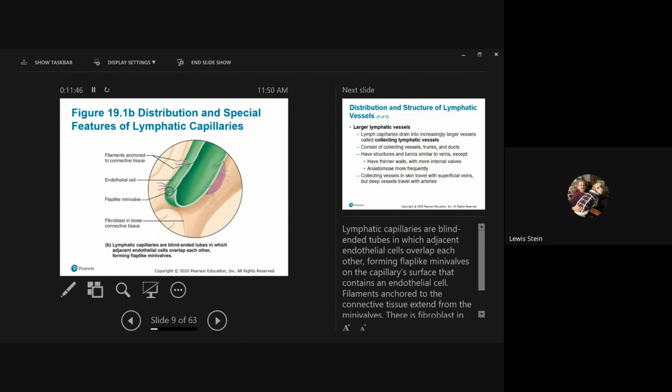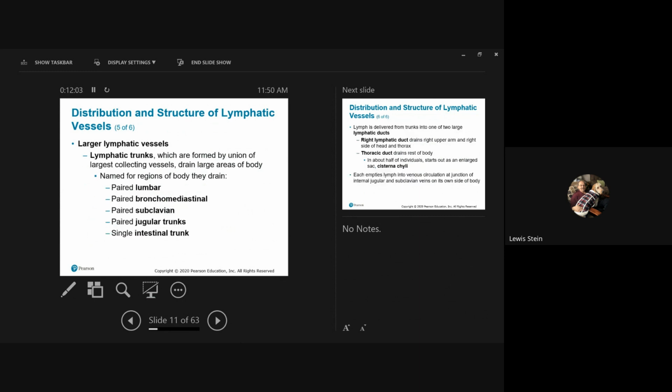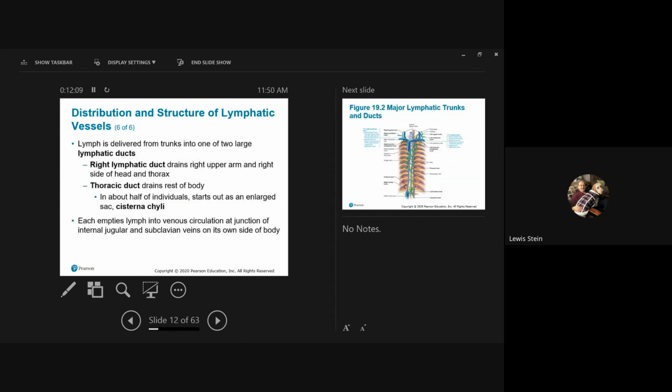So there you can see the mini valves, and they're anchored, and then they feed into progressively bigger vessels that collect them. Structures are similar to veins: thinner walls, more valves, lots of crossover networking that they do. And they form different trunks, and there's different names for them. You don't have to know these. I'll show you what you have to know. The big deal,